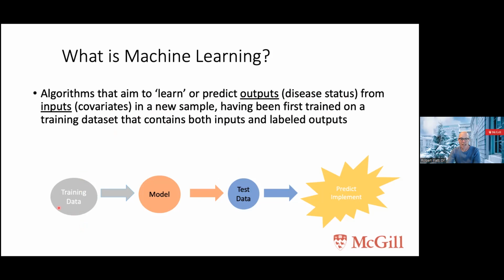So start with a data set, past history, past credit card transactions. You build the model, you predict on a new data set of credit card transactions, and then if things are working, you implement that model in practice, and it goes off to predict fraud in practice. The key then is that you may go back from the test data to training data, adjust the model, and come back again. This may be a recursive process, this learning process.